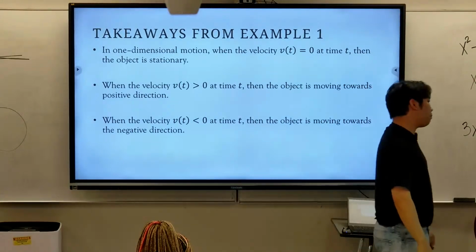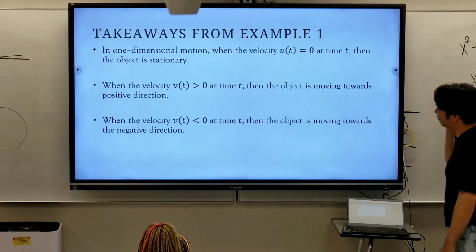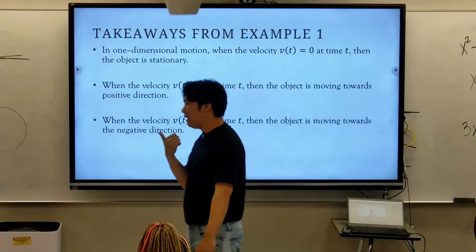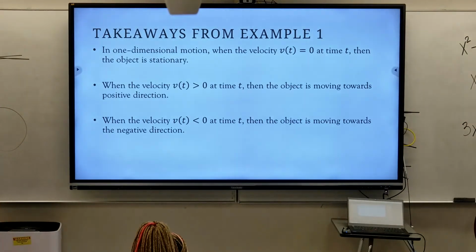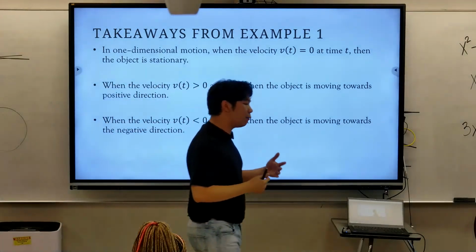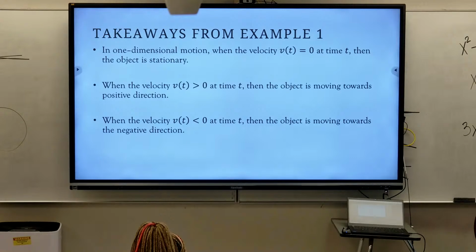When the velocity is positive, this implies that we're moving in the positive direction, whichever way we decide that to be. In our examples, for convenience, we just said the positive direction was to the right. When velocity was negative, we said that I was moving in a negative direction, or in our example, moving left. But I'll still emphasize, there's a reason why I said positive direction and negative direction here, because our choice is actually arbitrary,